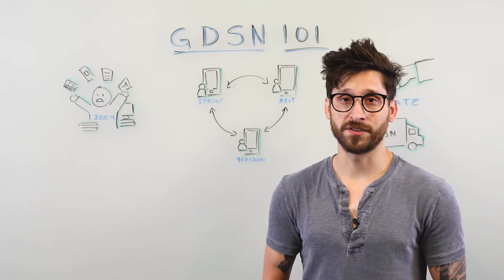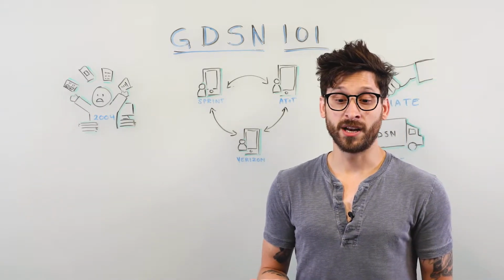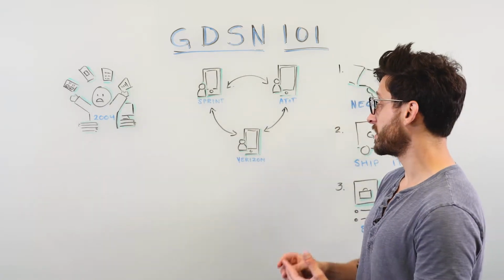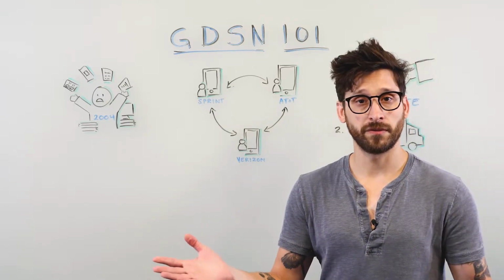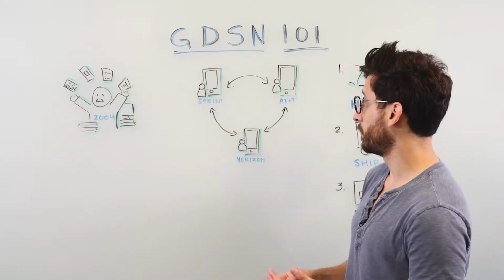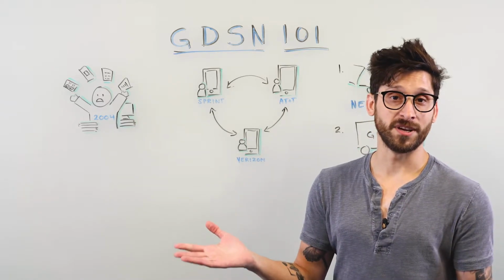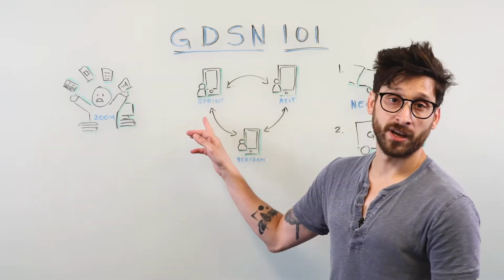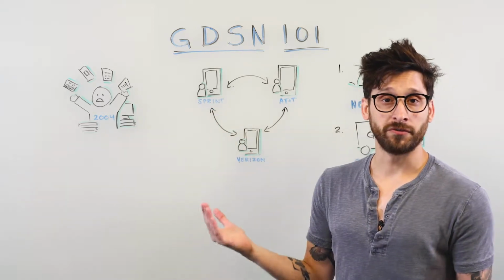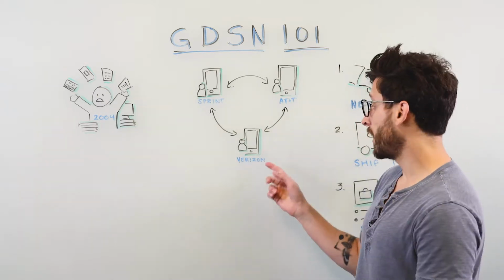And our favorite comparison here at Salsify is the telecom industry. Now, the telecom industry is made up of a bunch of different carrier networks. So you have Sprint, AT&T, Verizon, so on and so forth. Now, as a consumer, you have unlimited choice. You have the choice to choose Sprint, AT&T, Verizon, or any of these other networks that we didn't have space to fill out on this whiteboard. Now, say you choose Sprint as your carrier. You can make calls to anyone in your contact list on your phone, regardless of what carrier they have. Some might have AT&T, some might have Verizon.